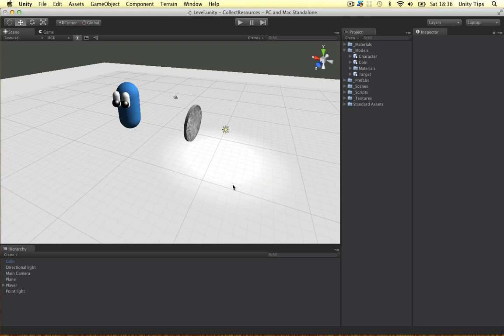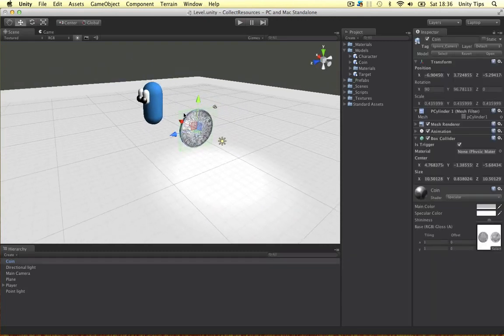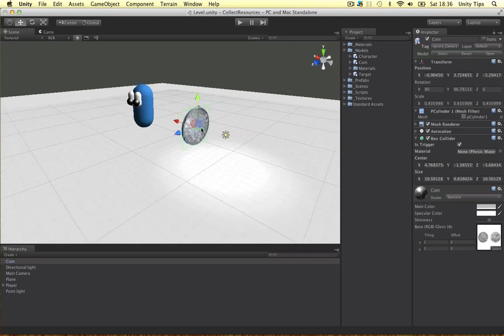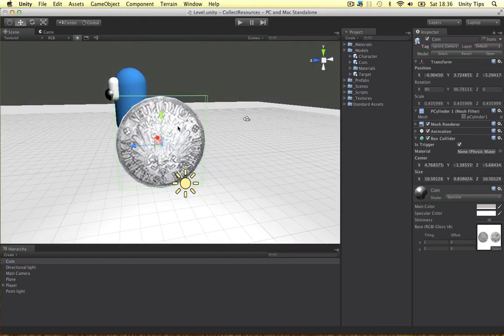In this video we're just going to continue building our system. We're going to put a collider on our coin we made in the previous video, and we're going to have a little counter as well. So in the top right hand corner of the screen we're going to have a little counter, how many coins we collected. So the first thing, guys, in the previous video I swapped this texture around, and it didn't turn